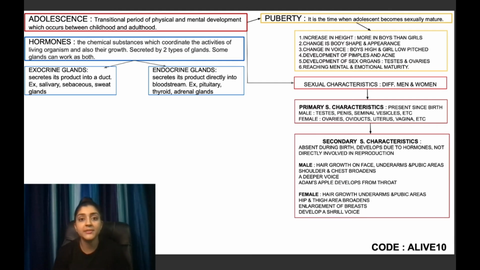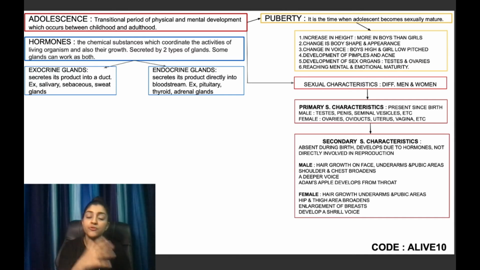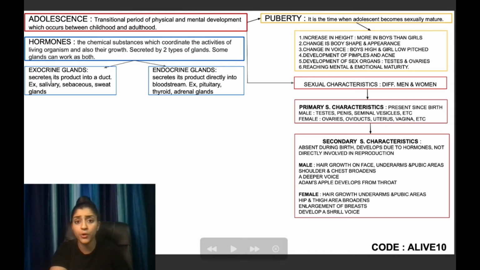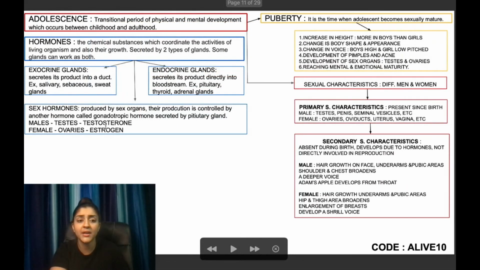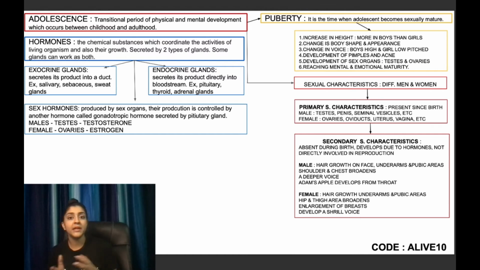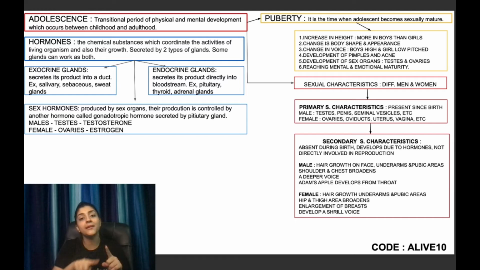Now something really amazing is coming up. I have two types of gland, but we have different types of hormones. So you don't have to make it very complex for yourself, just keep wondering where to put the information. I have just put up another arrow and started writing sex hormones. Now, a very important thing is coming up, guys. You know that each and every concept in a chapter is always interrelated. They are actually forming a whole circle.